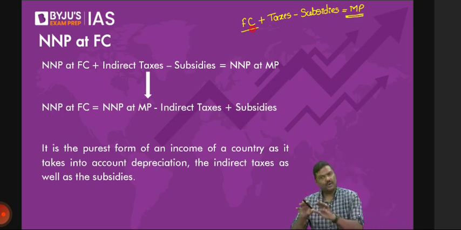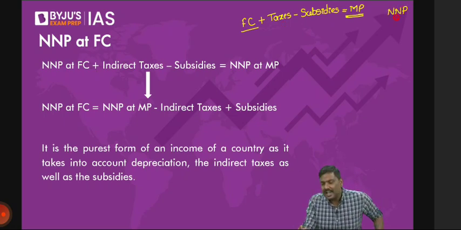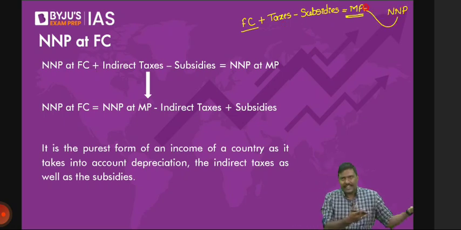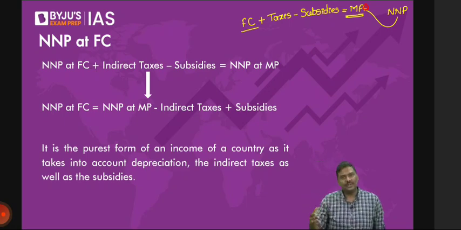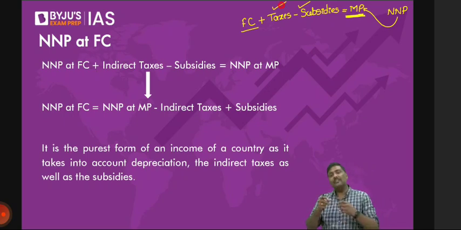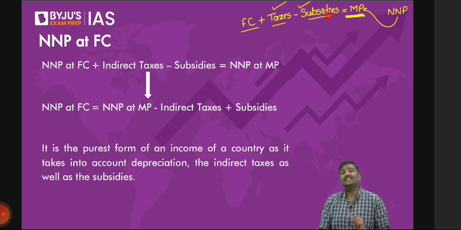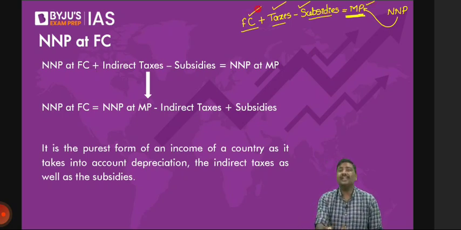Now, net national product is calculated using market prices, just like GDP. Because we've used GDP in the calculation of all of this, and GDP is calculated at market prices, NNP is also calculated at market prices. But don't you think even if you take market prices, that is not the right representation? Why? Because in the market prices, we have accounted for taxes as well as subsidies. When we took the market prices, we adjusted the factor cost with taxation as well as subsidies, which is a better indicator now. Within this also, which is a better indicator, calculating at market prices or at factor cost? You'll realize that it is better to calculate at factor cost.